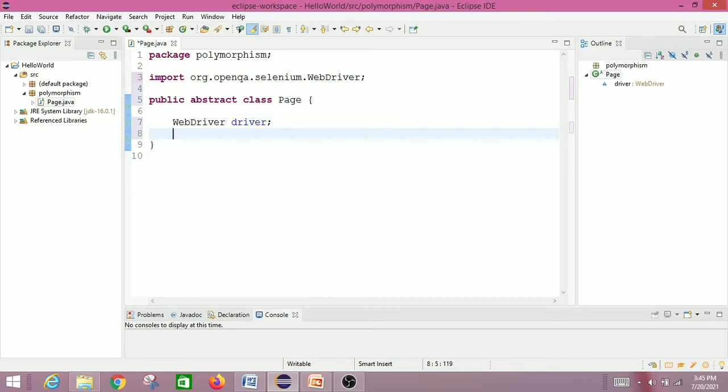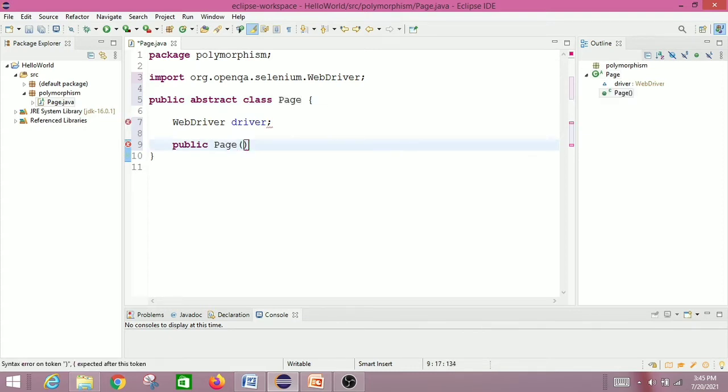We have to create a constructor. The public constructor should have the same name as the class name, page. And what we need inside the public page constructor is our WebDriver instance.